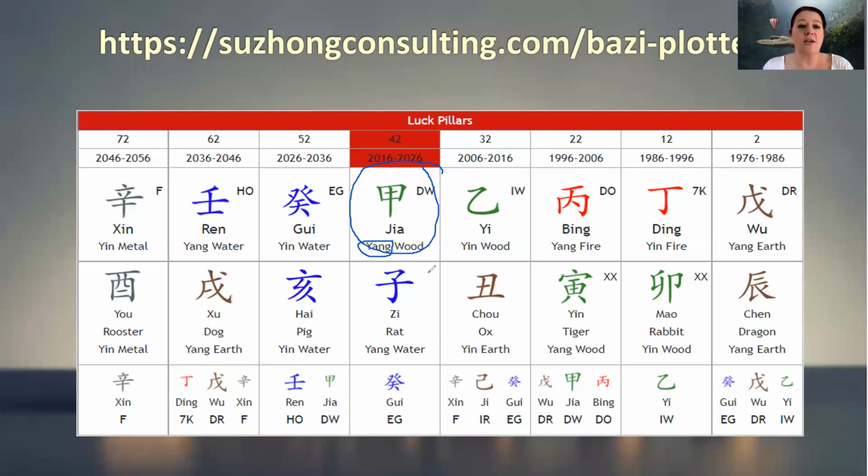Now, if you are currently going through a yin polarity luck pillar, then it's very much the opposite. It doesn't mean that you can't lead, but you need to lead from behind. Leverage other people's talents and skills. Be a little bit more passive. Check what other people are doing and don't necessarily be the one who takes decisions. Or if you take decisions, make sure that you take them more in cooperation and collaboration with others or